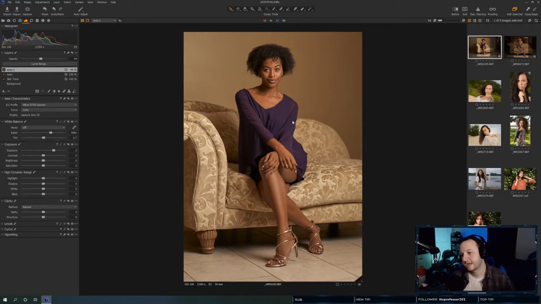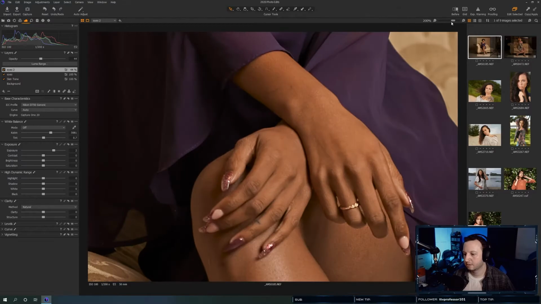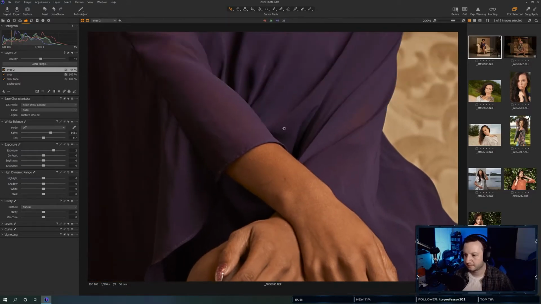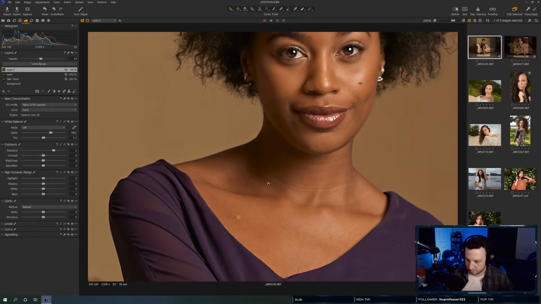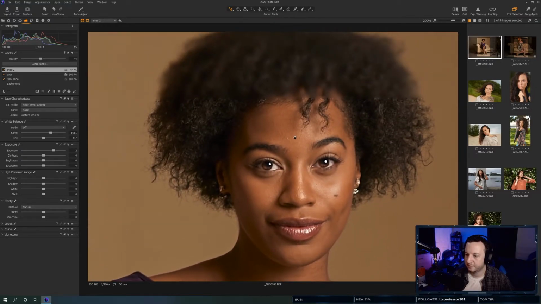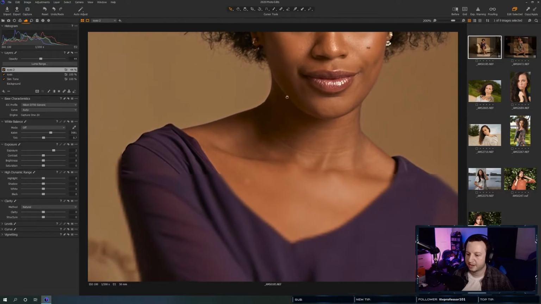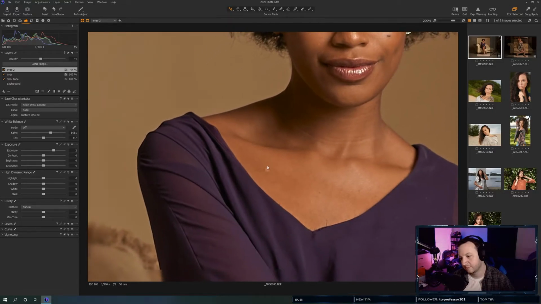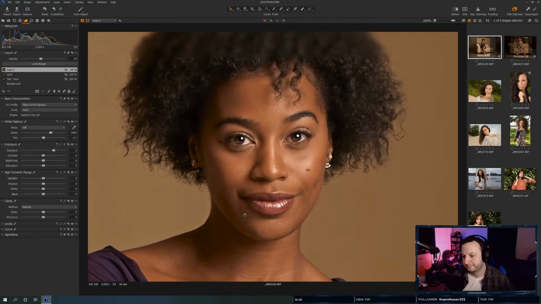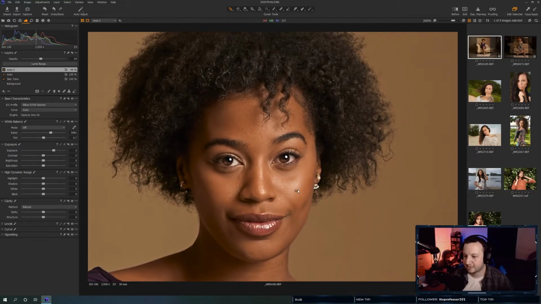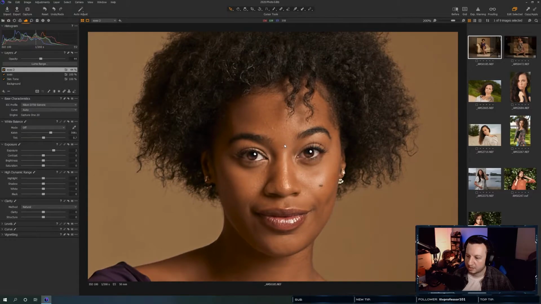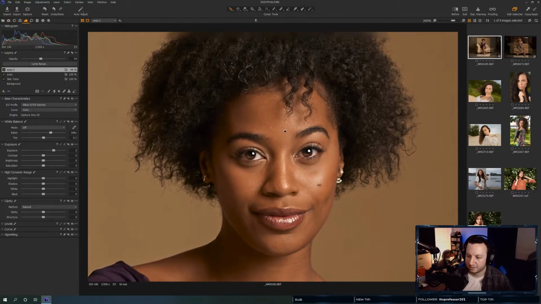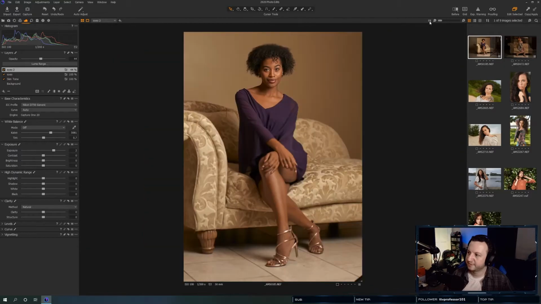So the next step, let's see, do I need to clean anything up? She doesn't really have too many blemishes and stuff that I really need to worry about. I may fix this skin mark on her here. But I'm definitely leaving that because that is part of her. There's some little things here and here. But, I mean, from this distance, you can't really see them. That looks like a camera glitch. And that's the only reason I would get rid of that, is because it does look like a camera glitch.